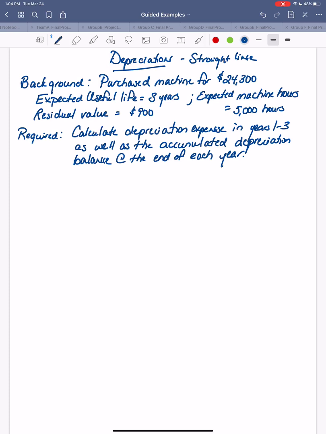And I'm going to do that calculation by taking the purchase price. And that purchase price from above is $24,300. I'm going to subtract the residual value. Now remember, when we get to double declining, we won't subtract the residual value. That's the key difference there. That residual value is $900. So I know I've got a depreciable base of, I can't do the math in my head, so I'm going to use my handy calculator,